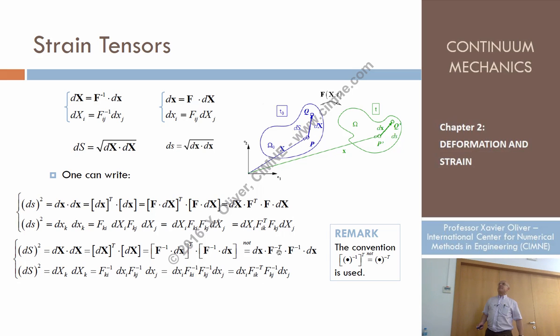By the way, F minus T stands from now on for the inverse transposed. I take that in order not to put two superindices: something to the minus 1 transposed will be denoted by something to the minus T. Okay, well. So this equation says that this magnitude, a scalar, is the information that depends,